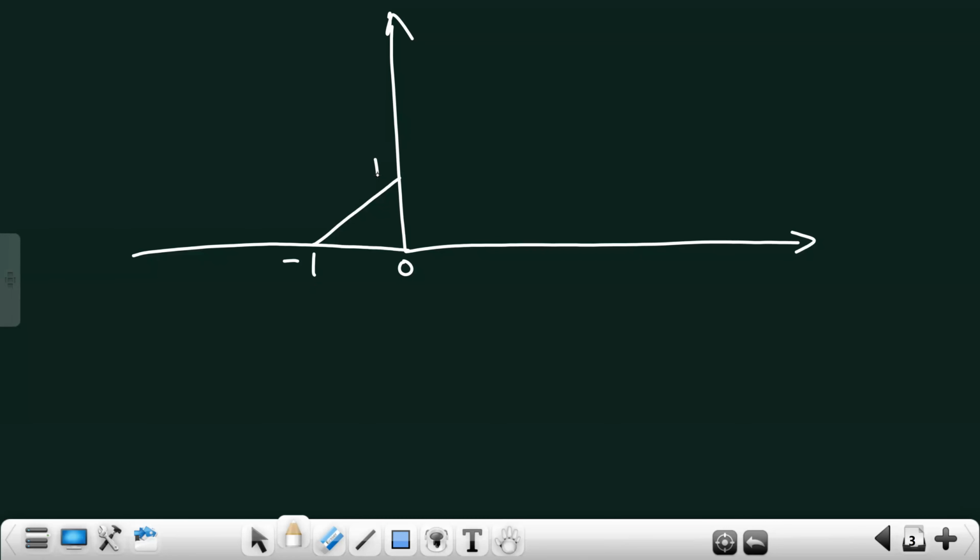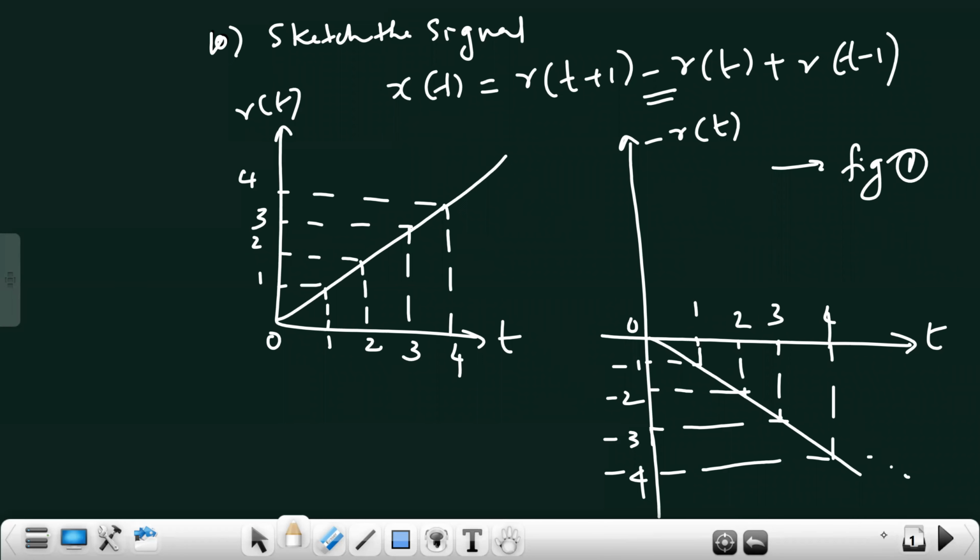Now we'll go for 0 to 1 and we will check what is happening. In 0 to 1, here you are having -1, isn't it? At 1, you are having -1 over here. At time t is equal to 1, you are having -1